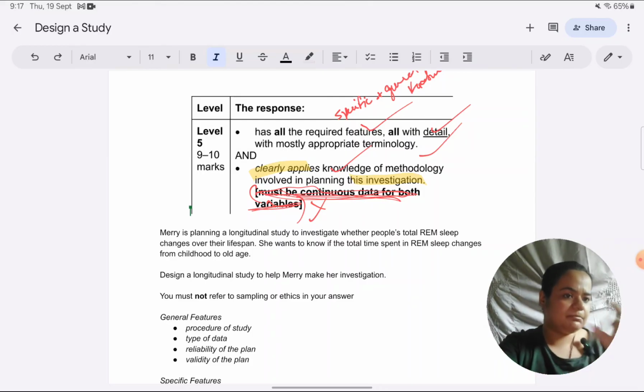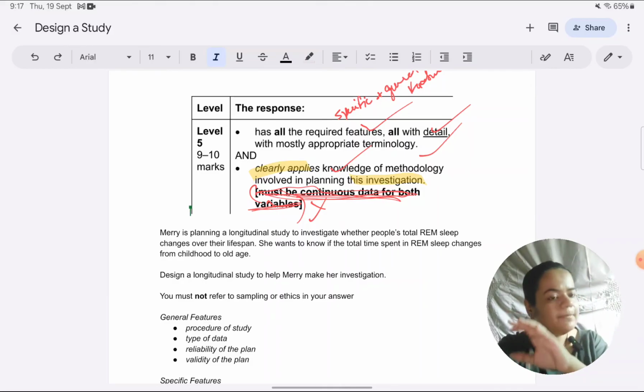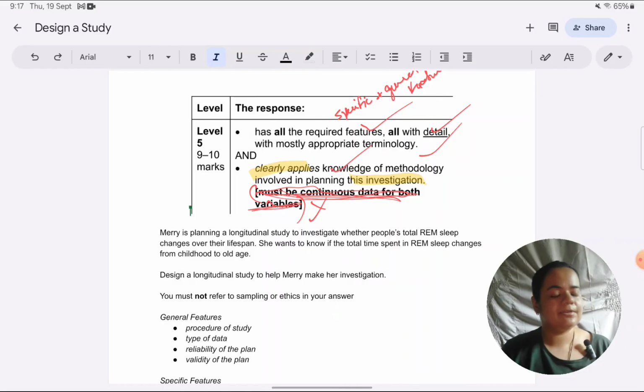As I said, I don't have that much time today to cover this in that much detail, but I just want you to see that this is what you're aiming for at level 5, and these are the requirements for level 5. I know that there are also two follow-up questions after the 10 marker, one to do with practical strength, one to do with practical weakness. Again, I don't have time for that today, but I have made a suggestion. If you watch the video fully, what you can include in that, I have suggested. If you would like me to cover those answers as well, I can make a follow-up video to this one. You can just suggest in the comments box below that you want that video as well.